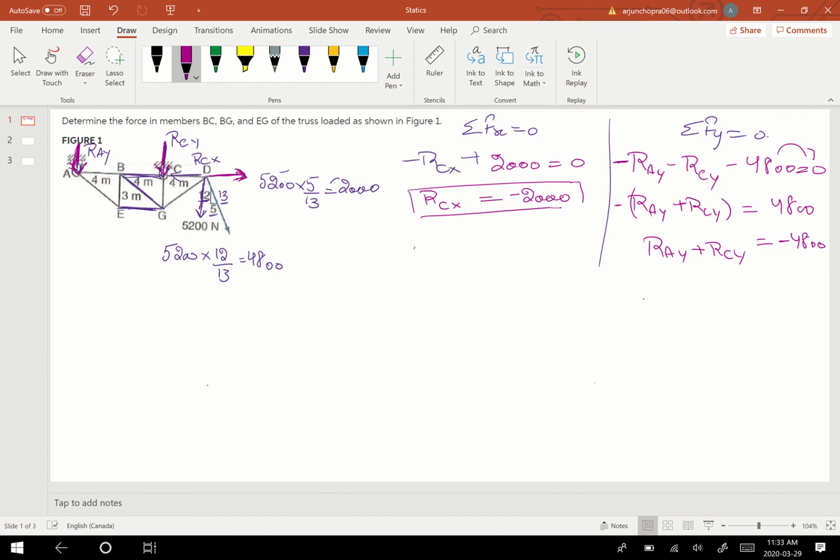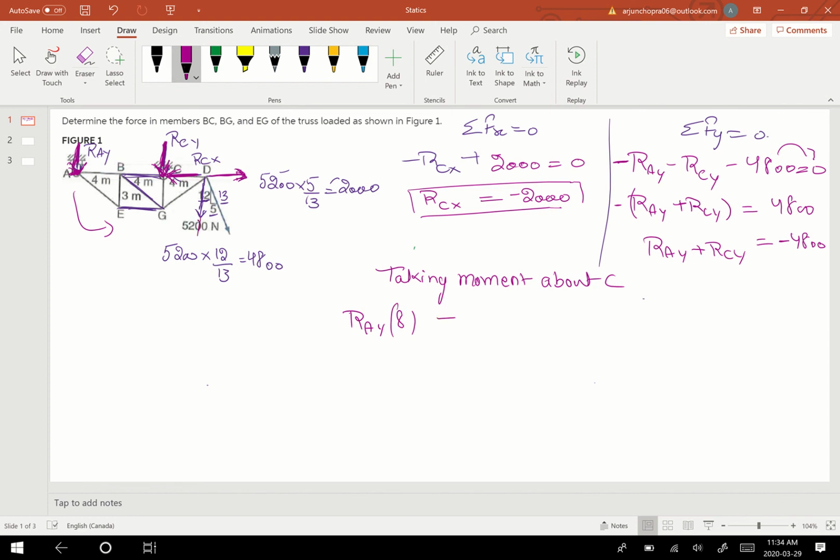Now once we've written down these two equations, I will take the moment about point C, because there are two reaction loads acting at point C. So taking moment about C. RAY, which is trying to rotate it in which direction? Counterclockwise direction. So this value will be positive RAY times 8, because the perpendicular distance from point C is 8, and then